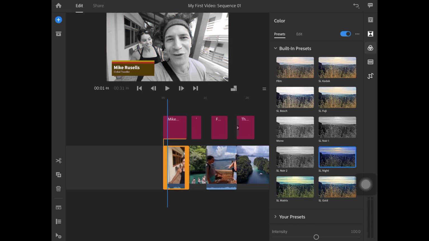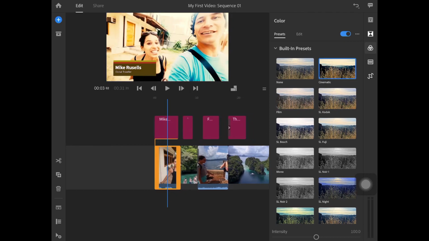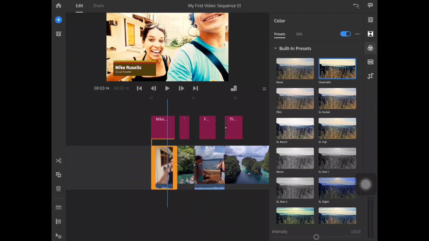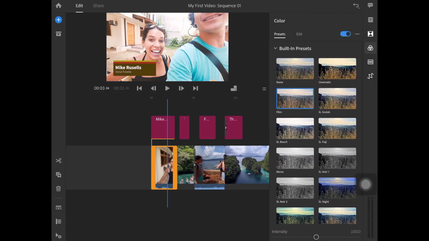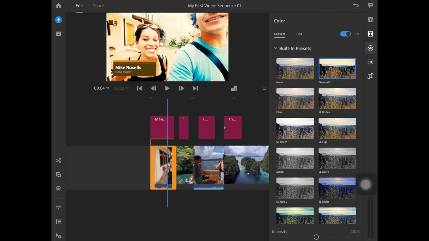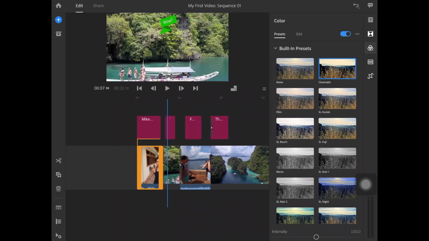So I'm just playing around with the presets. As you can see on the right, I'm selecting different presets. For now I'll stick with cinematic because I feel this really goes with the feel that I'm looking for. Or maybe I will go with this, or maybe this, but I think I'll stick with cinematic. I just played around and I felt cinematic is really good for the kind of feel I want to convey.